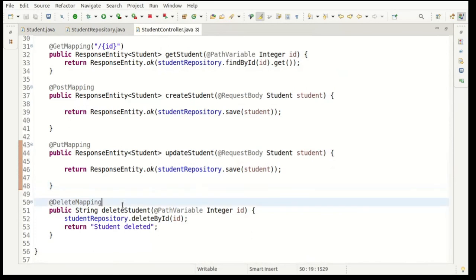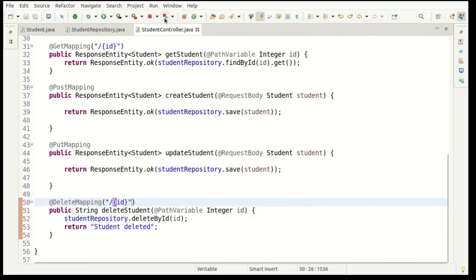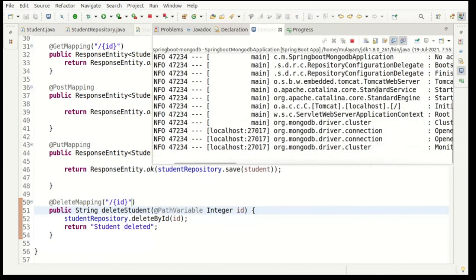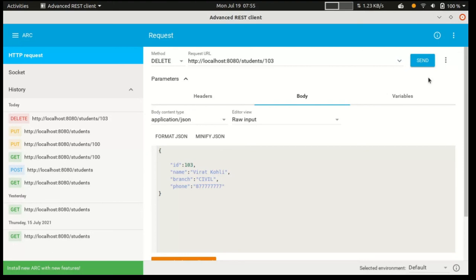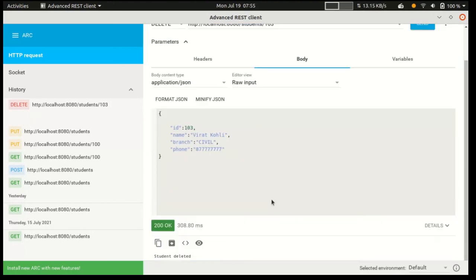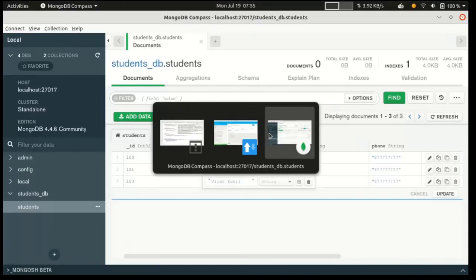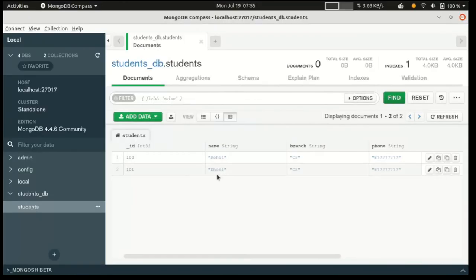I have to pass one ID dynamically. So just rerun. Sorry for that. Yes, now we can send and it will be deleted. Now we're getting student deleted. So we can refresh this table and now we are seeing only two data, right?